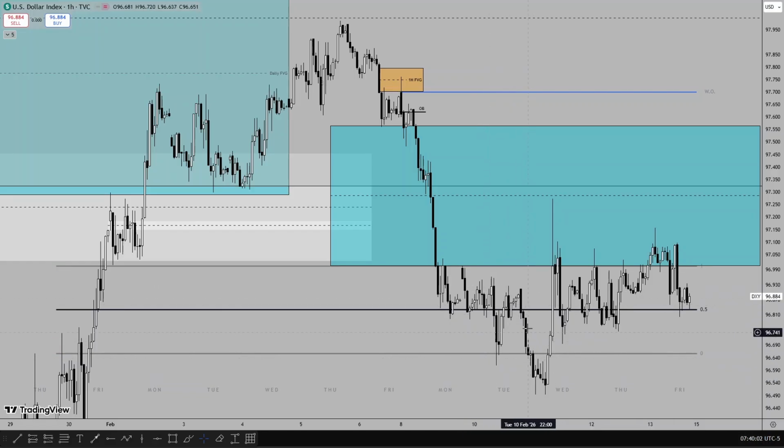After the fill on the daily fair value gap, I closed the position, which you can see on Thursday led to a retracement to a daily fair value gap. I kept on anticipating lower prices. Now, I took a few losses because price did not trade lower immediately. You can see this is a full-blown consolidation, and being involved in a consolidation range, price will be hunting for your stops.